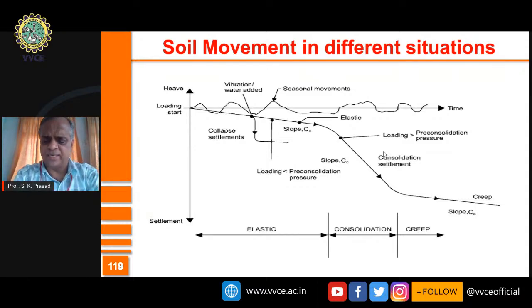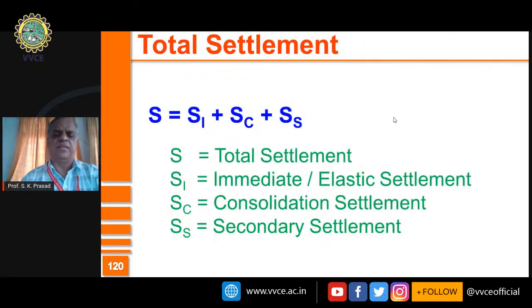And our job is to see that the settlements are within limits or compute the consolidation settlement, and that happens after elastic settlement. Later on, you also have creep settlement, which will be only after the ground has experienced complete 100% consolidation. Even after that, there will be creep settlement seen. There will be settlement which is beyond explanation possible. It's a long-term process. Not in all soils it is found, but that is also going to have some amount of settlement. Our job is to find settlement and see whether it is within limits or not.